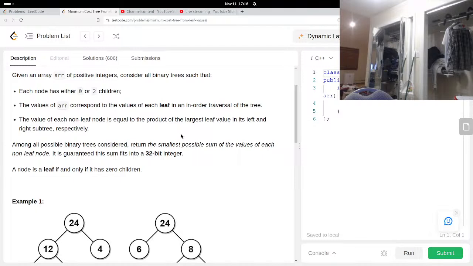I think I might be able to do this in quadratic time or cubic time. Maybe cubic time is what I want to do. So I could try to do it this way. I could try to split into a left subtree and a right subtree the different leaf nodes. And I would take the largest maximum value on the left side times the largest maximum value on the right side. And I would take that product, and then I would recurse,